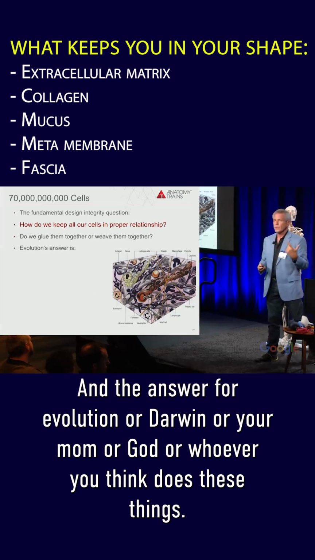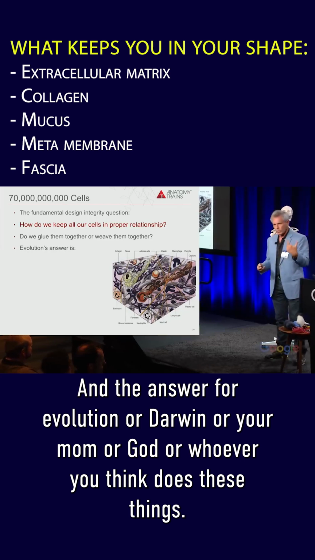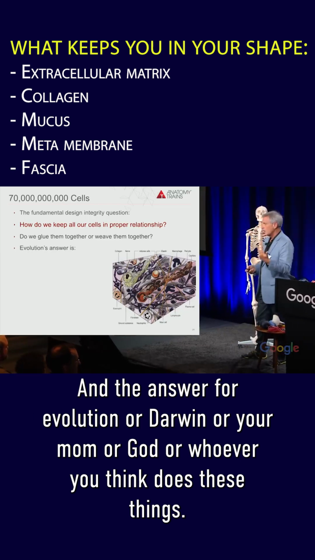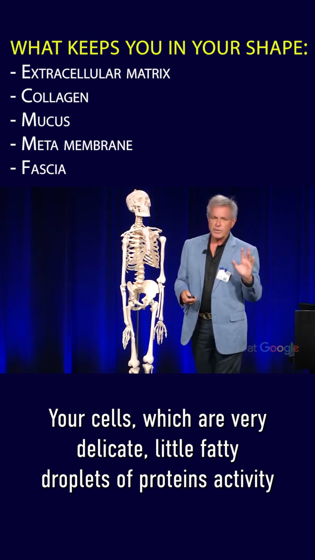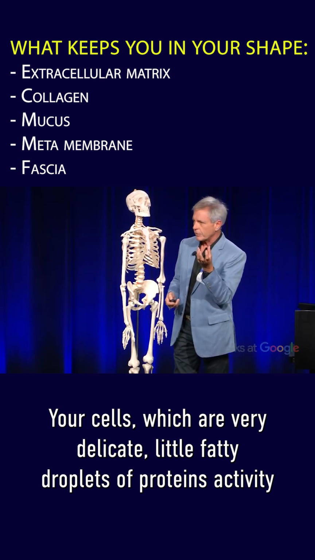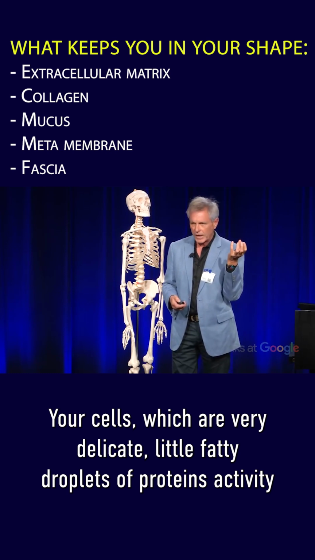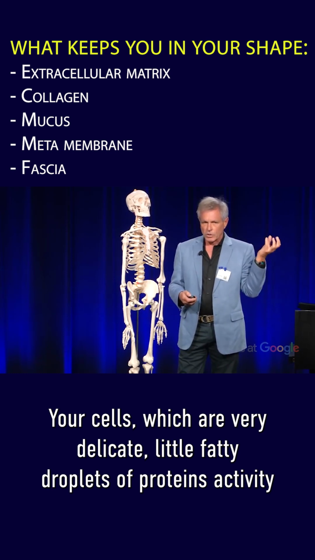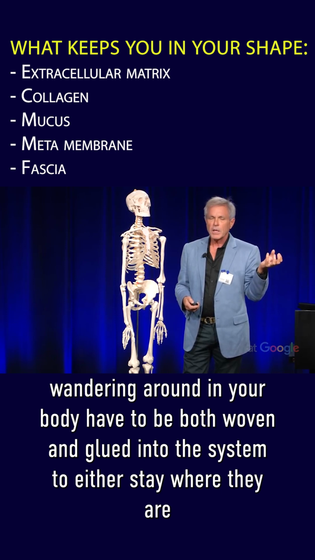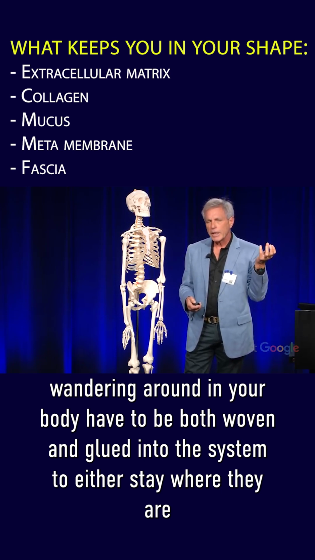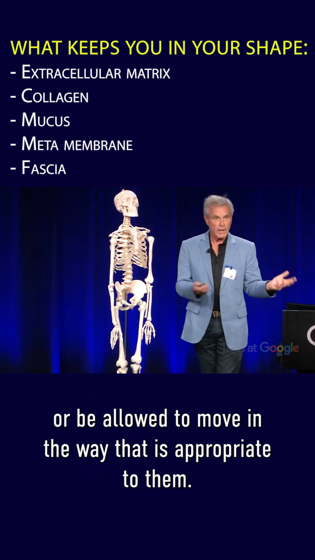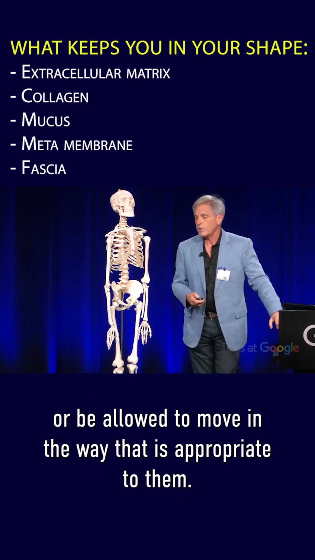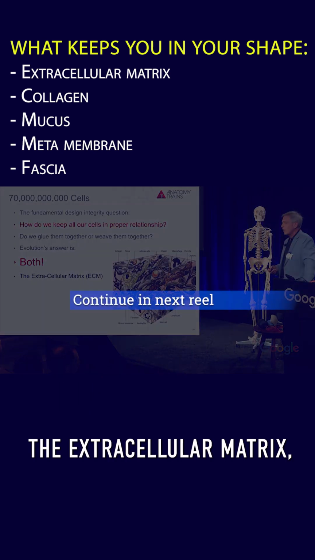And the answer for evolution or Darwin or your mom or God or whoever you think does these things, the answer was both. Your cells, which are very delicate little fatty droplets of proteinous activity wandering around in your body, have to be both woven and glued into the system to either stay where they are or be allowed to move in the way that is appropriate to them. So the extracellular matrix